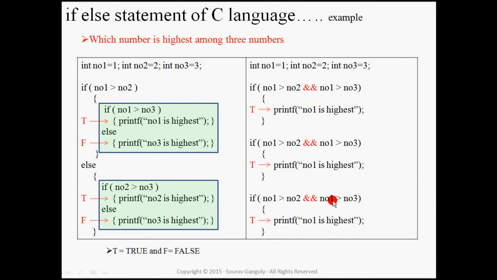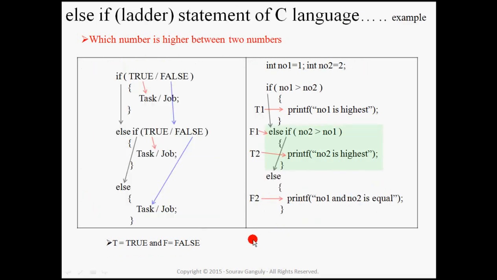Now, I think you understand the whole program. If these two conditions become true, then this. If these two conditions become true, then this. If any one of the conditions is false, then you will not get this output. If any condition is false, the cursor comes here. Now go to the next section.